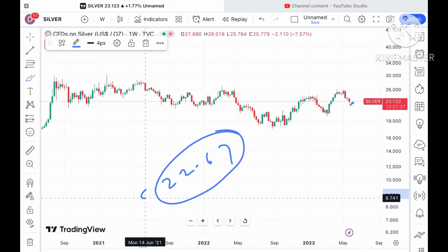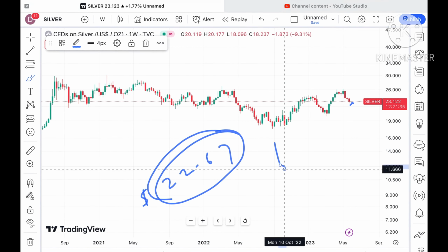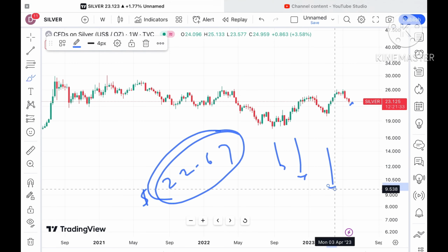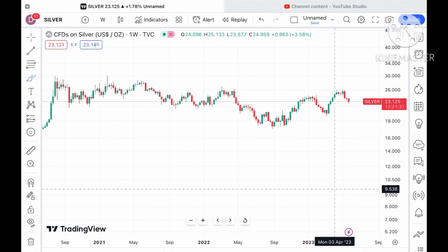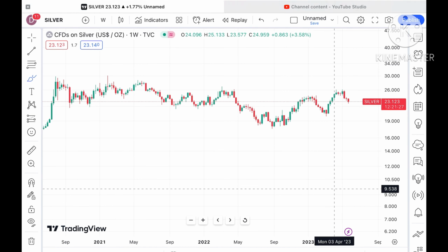If it goes below this particular level, then we can see it can go further low. Now suppose the price sustains this particular level, what you can see, as I've already explained to you,